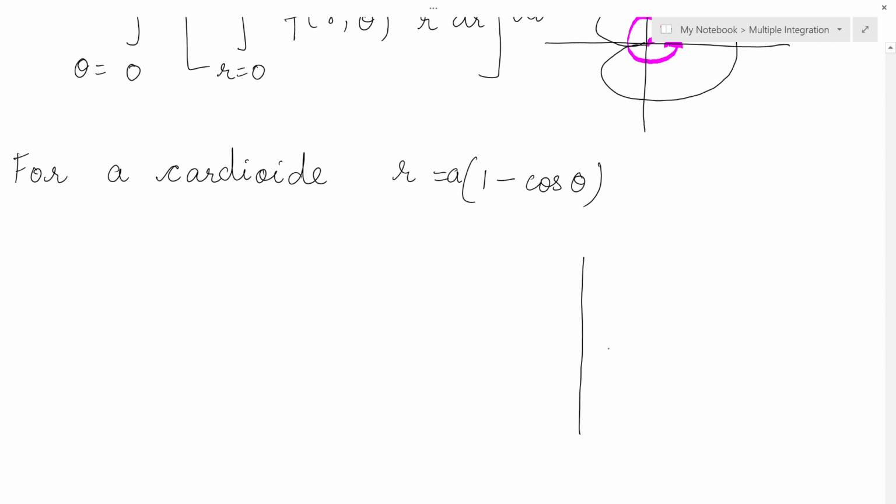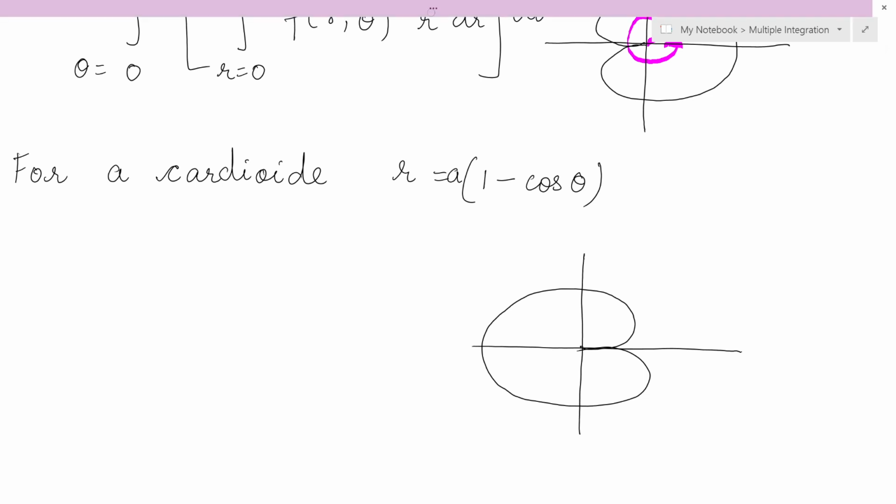Yes, x-axis, y-axis will be same. It is a heart-shaped curve again, on the opposite hand side. That is minus cos theta you have, so it will be on the negative x-axis. We have plotted this in curve tracing, so I am not going into those details. I am directly drawing the curve.